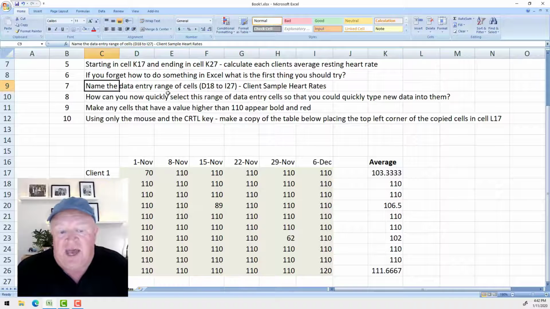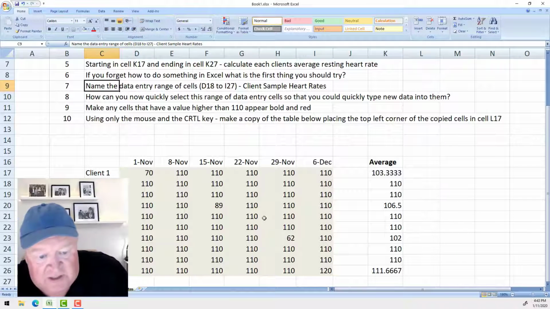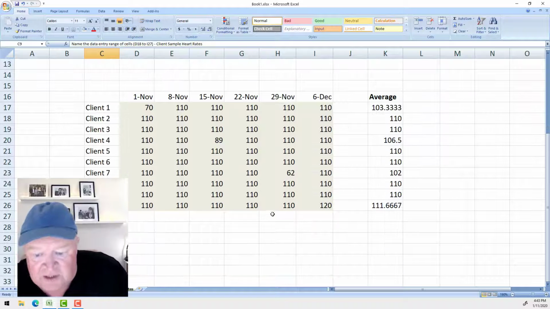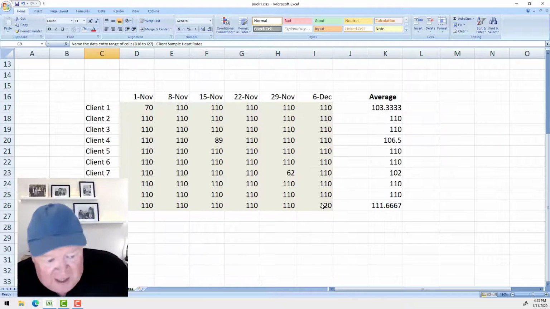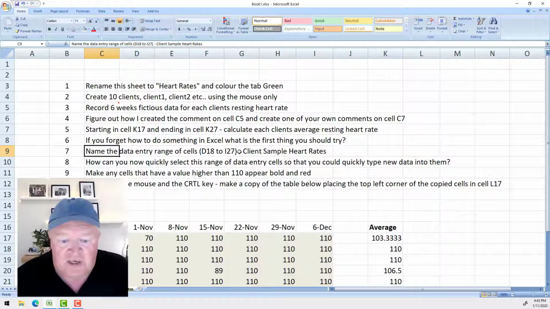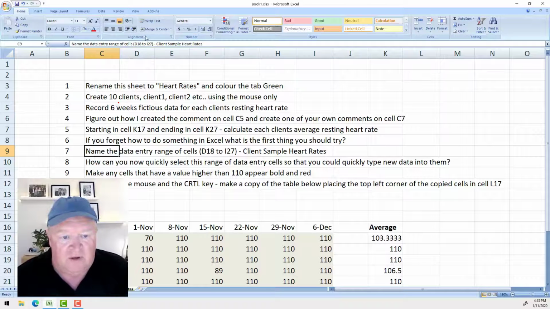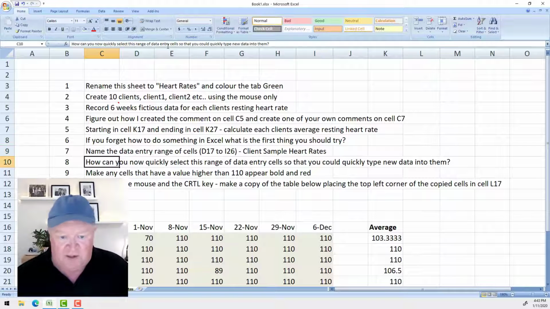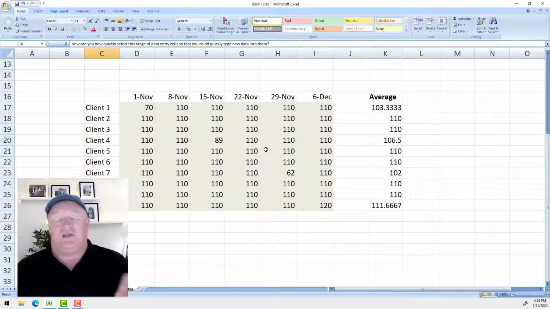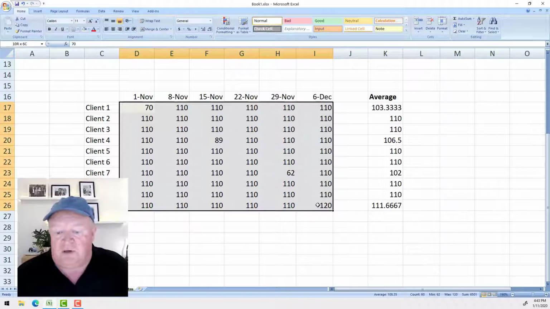Name the data entry cells. Oh God, here I go with these darn cell references again. D17 to I26. Nearly I26. I put I27 there. Okay. Sorry, people, I might have to edit some of this because I'm fixing stuff as I go. I think that's the range anyway. It doesn't really matter, to be frank,